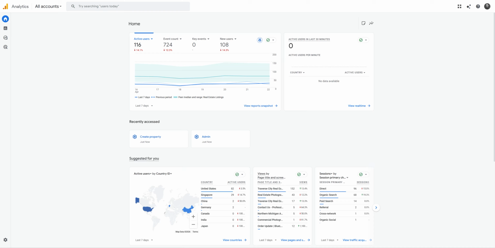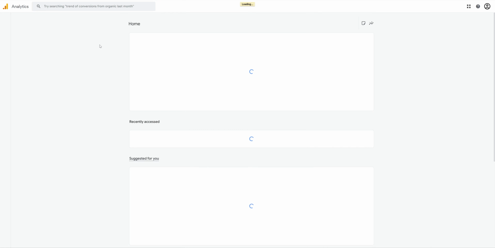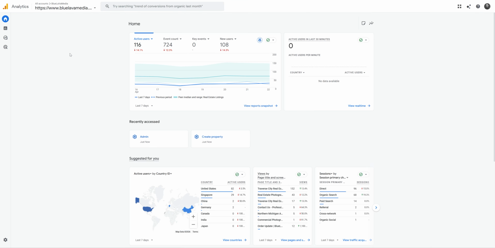Today, I am going to show you how to add Google Analytics to your projects, and this is super, super easy to do. The first thing you're going to want to do is go into analytics.google.com, and that's going to land you right about here, same page I was on. Once you get there, you can click on the gear down here, and you're going to want to create a